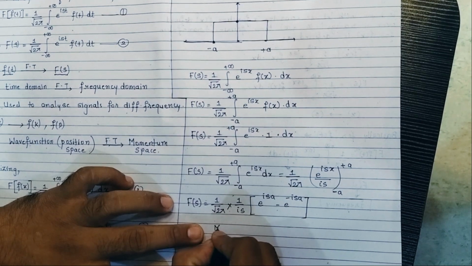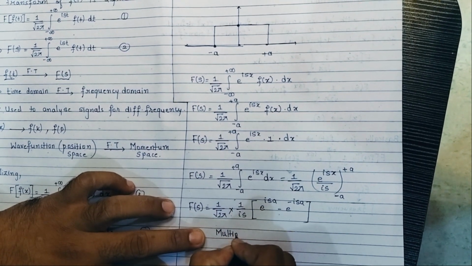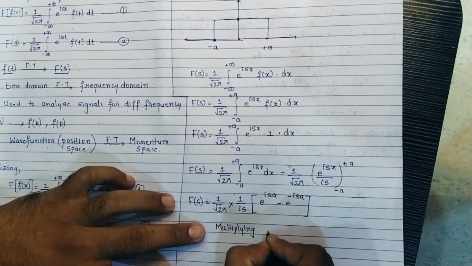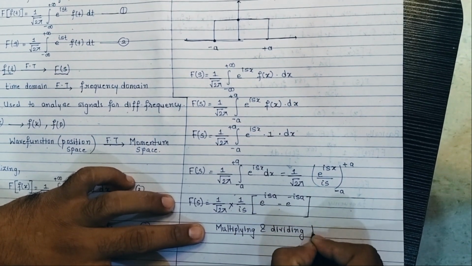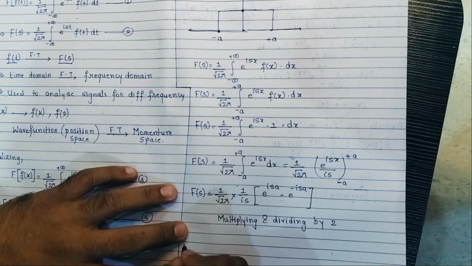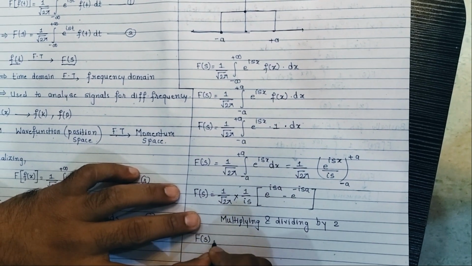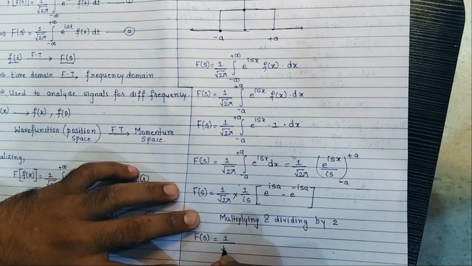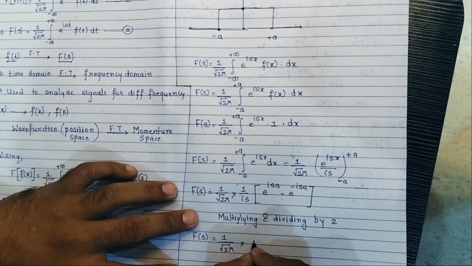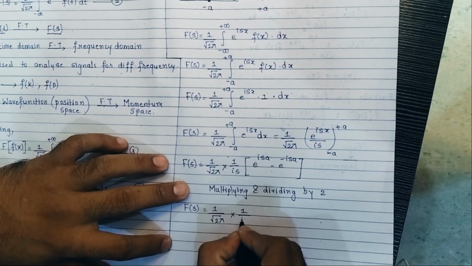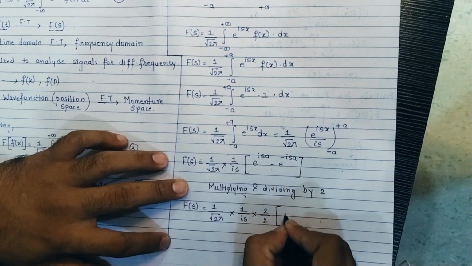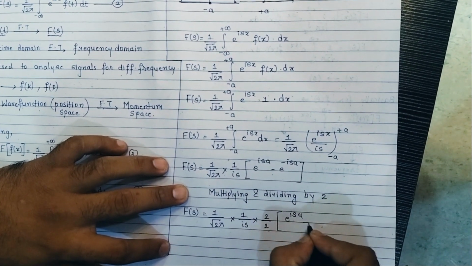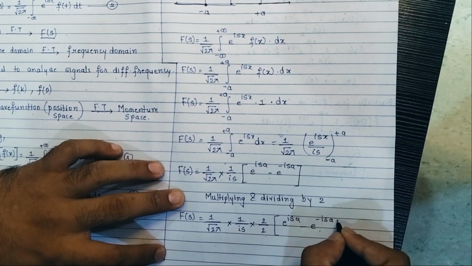On multiplying and dividing by 2, this will be F of s equal to 1 upon under root of 2 pi into 1 upon iota s into 2 divided by 2, e to the power isa minus e to the power minus isa,